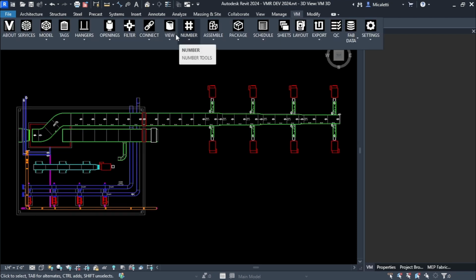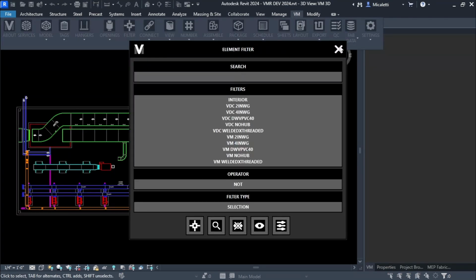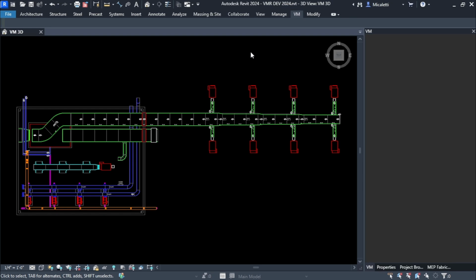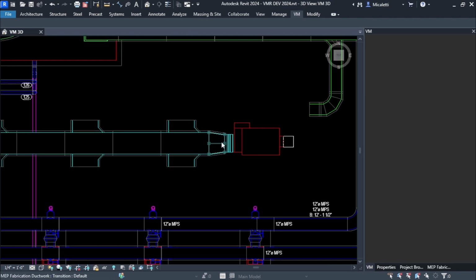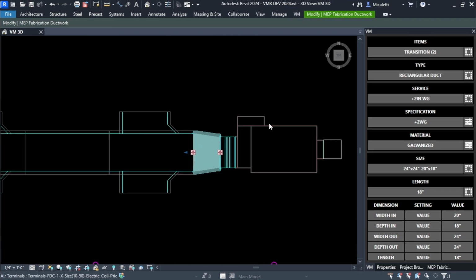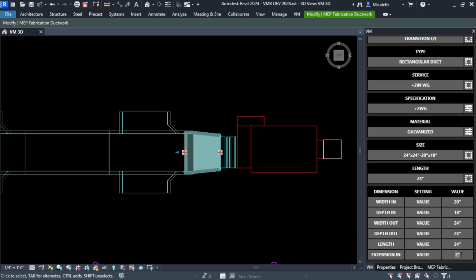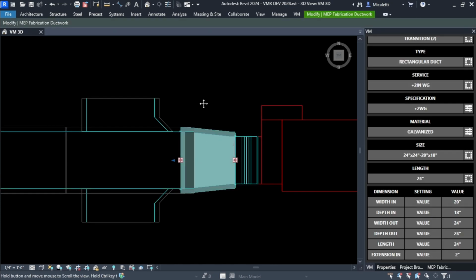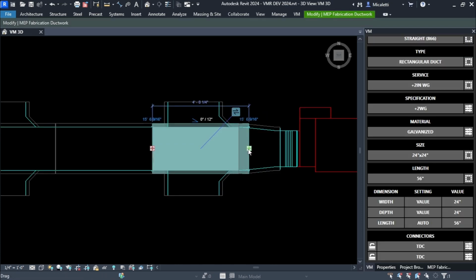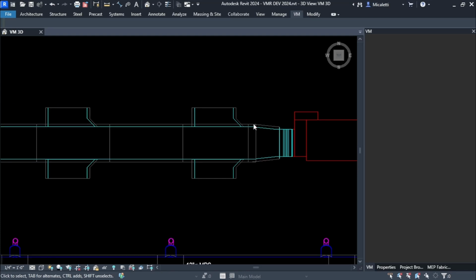Lots of cool stuff can be done with that as well. Yeah, disconnect, reconnect. Let me show that off real quick. Something that happens a lot is if you change the length of this, for example, we'll make this 24 inches. It disconnected that, and it's going to be like, I don't want a short joint here. So what I can do is just